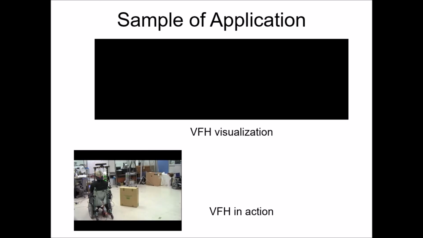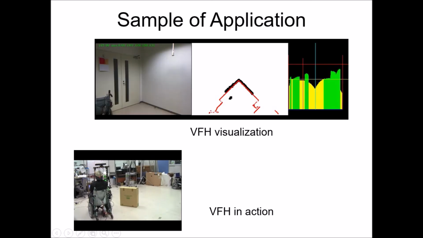Let me show you how the thing will work in practice. For this particular case, we try to navigate the wheelchair to move across the obstacles safely, and then move back to the initial location. In the system, we use the vector field histogram in order to generate the safe motion of the robot, and later on we avoid this obstacle, and then reorientate the wheelchair to the safe direction. When it's safe, it will reorientate towards the final destination. Okay, so that is in terms of the